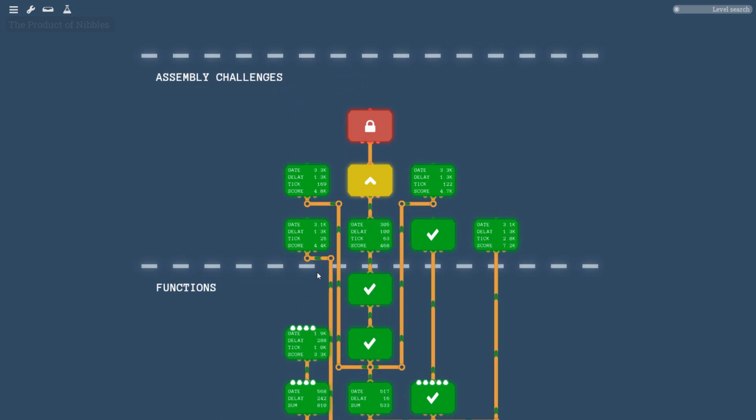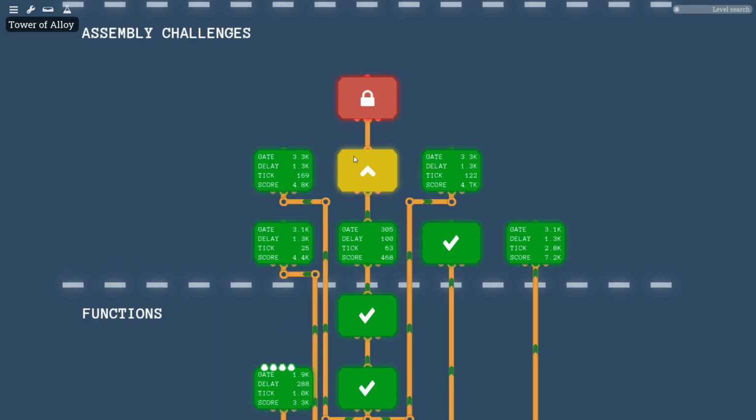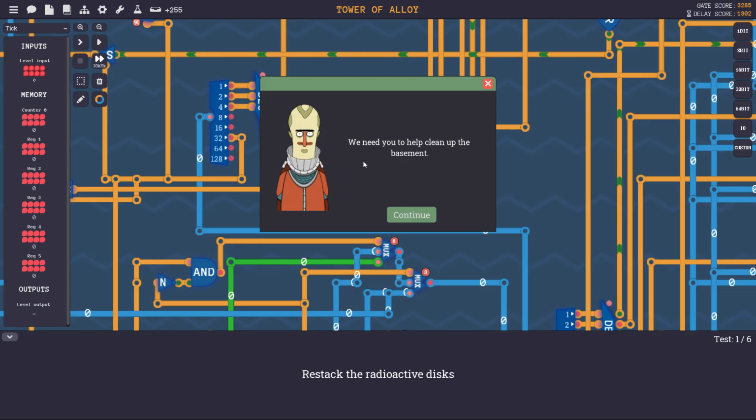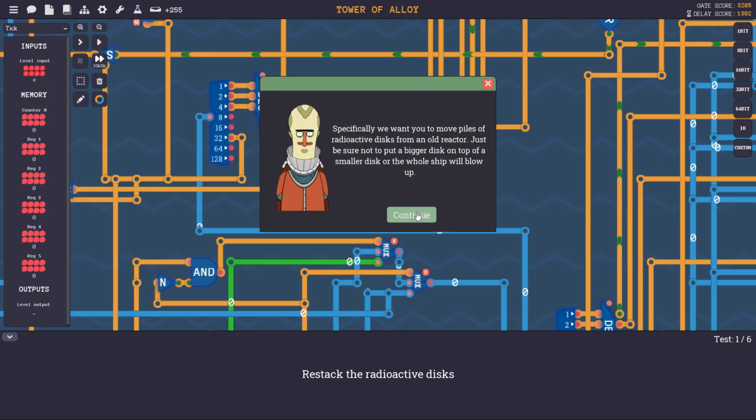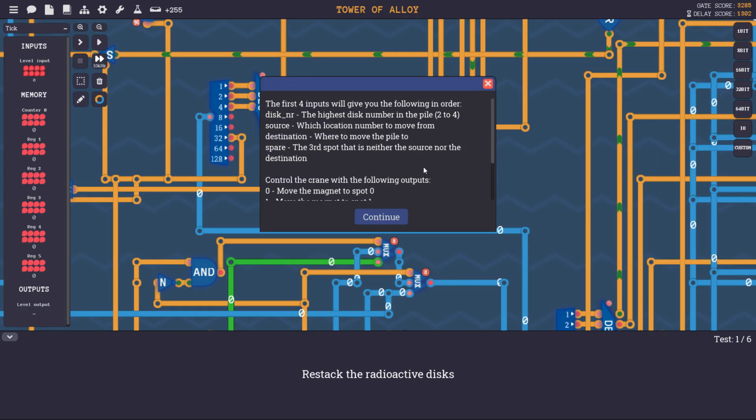Okay, the penultimate challenge, Tower of Alloy. We need you to help clean up the basement. Specifically, we want you to move piles of radioactive disks from an old reactor. Just be sure not to put a bigger disk on top of a smaller disk, or the whole ship will blow up. The first 4 inputs will give you the following in order: disk, NR, the highest disk number on